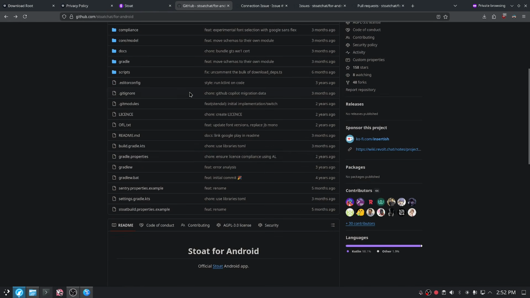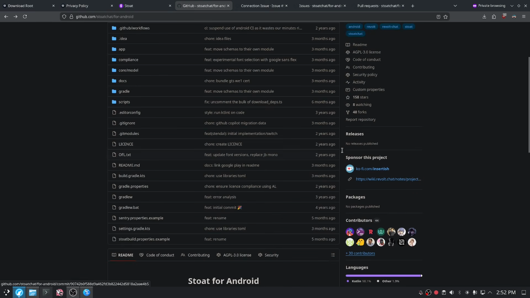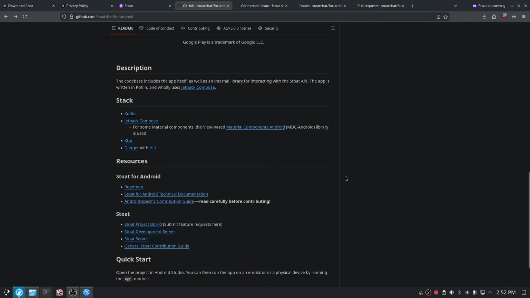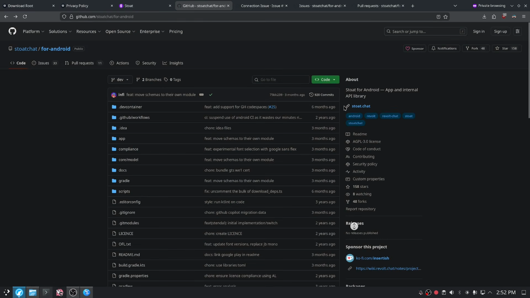so that's pretty much a dead repo here. Interestingly, they are not distributing this on F-Droid, they're not distributing any APKs directly in the Releases tab, and it's only available on Google Play. Very weird, so I'm not liking this.